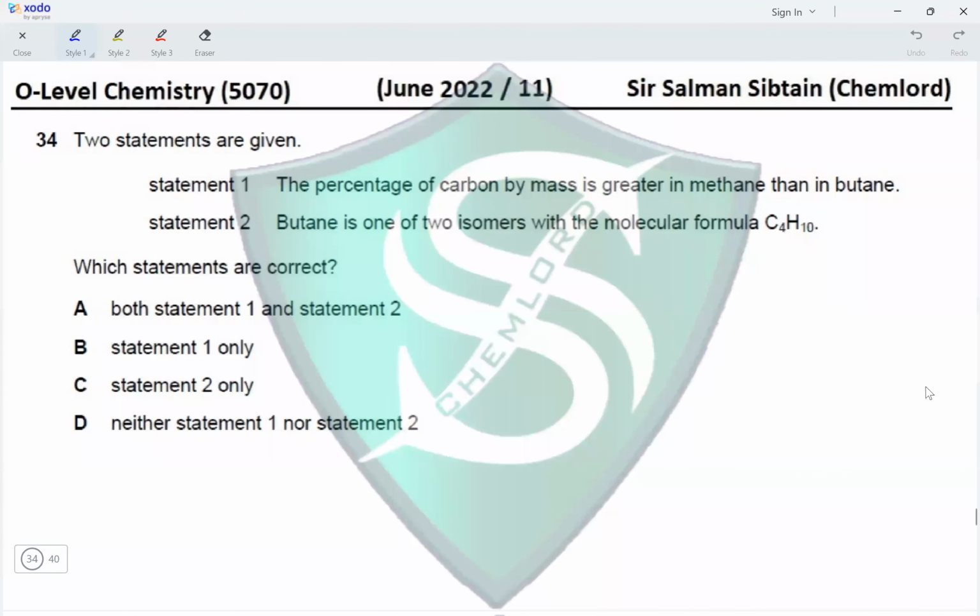Question 34. Two statements are given. Statement 1, the percentage of carbon by mass is greater in methane than in butane. Okay, we'll need to calculate this then. So in methane, CH4, the percentage of carbon by mass: carbon is 12, overall mass of methane is 16, so 12 upon 16 into 100 will give us a percentage of 75. And in butane, butane is